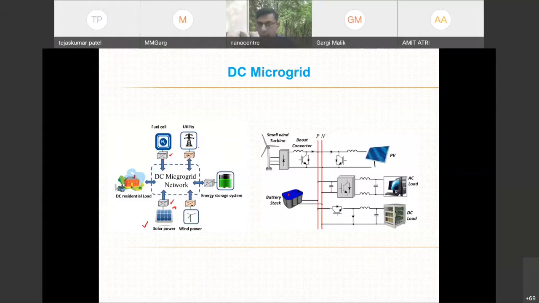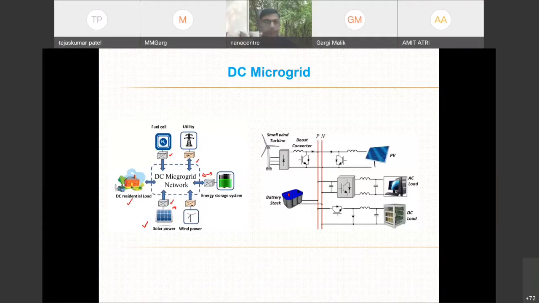In that case, again, to match the level with the output of the fuel cell to a DC bus, we need again a DC to DC converter. If, let's say, the local resource is wind power, then the wind turbine generates AC voltage, so we need an AC to DC converter. So rectifiers are required here, right? And if the power from this DC microgrid is to be fed to, let's say, the utility grid, then we need DC to AC conversion, right?